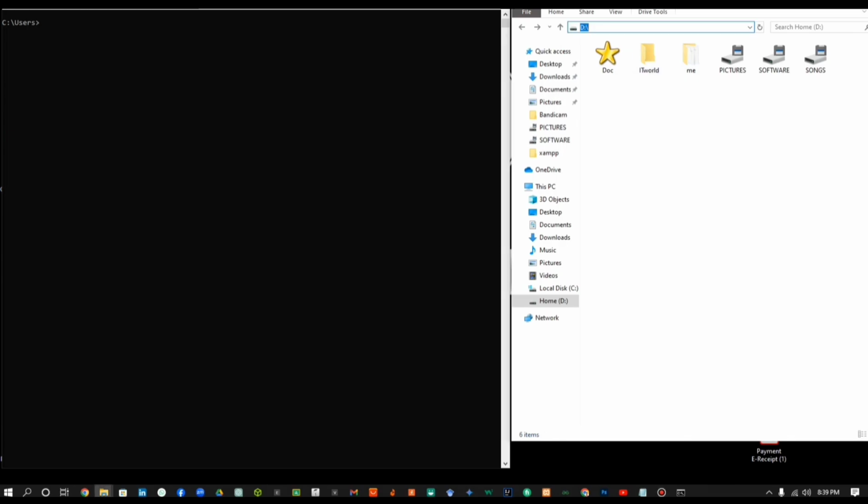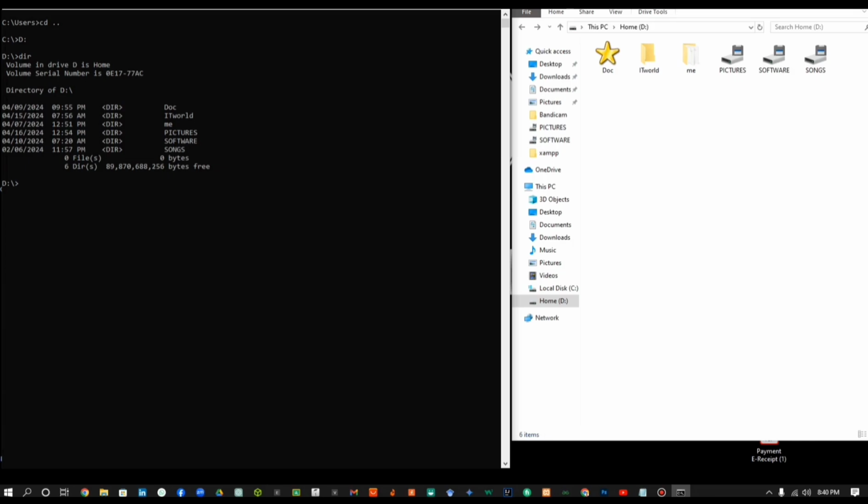In my case, the path is here. Now I want to see all of the folders in the path, so I am typing the dir command. Yes, I can see the folder IT World. Now I am going to show you how to enable the lock, which means how to enable administrator access to the folder, so you can type